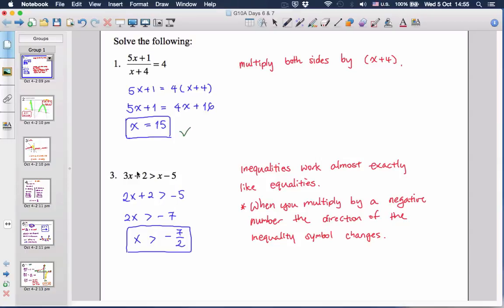How would you solve this inequality? Well, it works almost exactly like the equations, except if you have to multiply both sides by a negative number, then the direction changes. So here, I subtracted x from both sides, and that was okay, nothing happened, right? And then I subtracted 2 from both sides, and nothing happened. It's exactly the same, and divided both sides by 2, and nothing happened. But if you were to take this question and solve it differently,